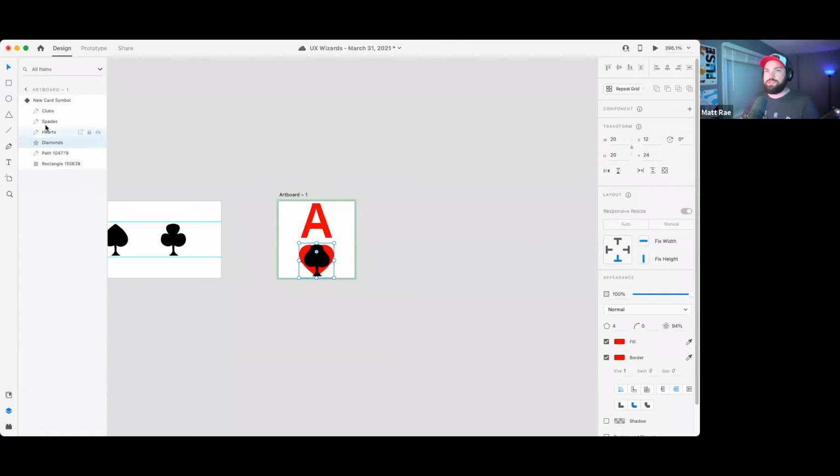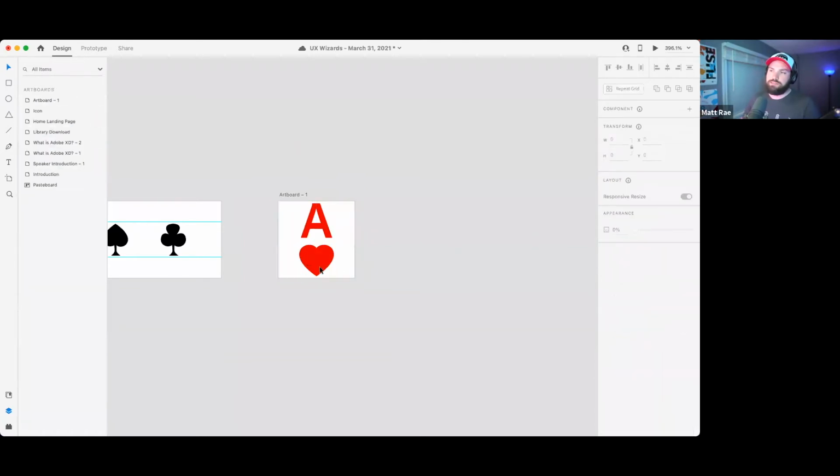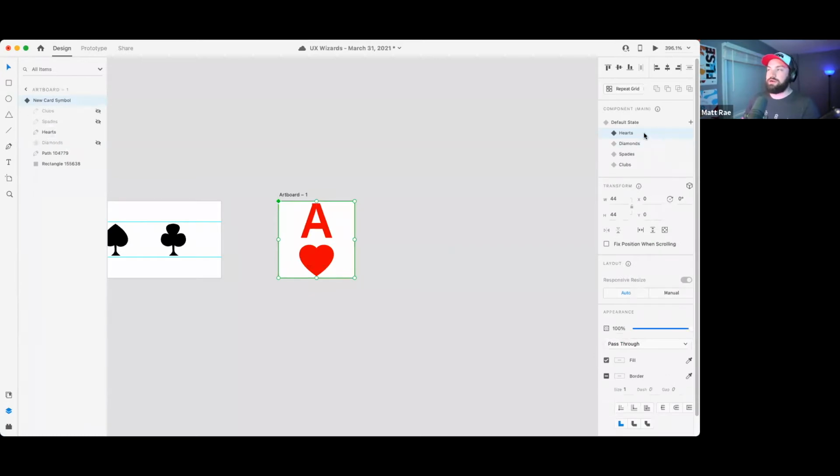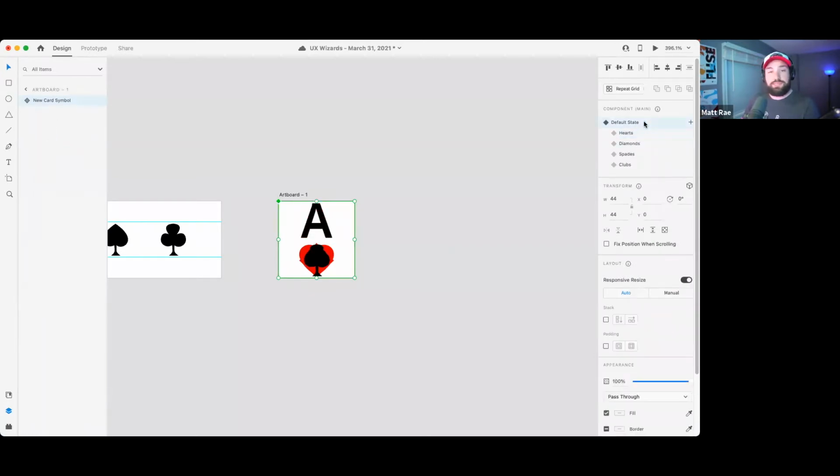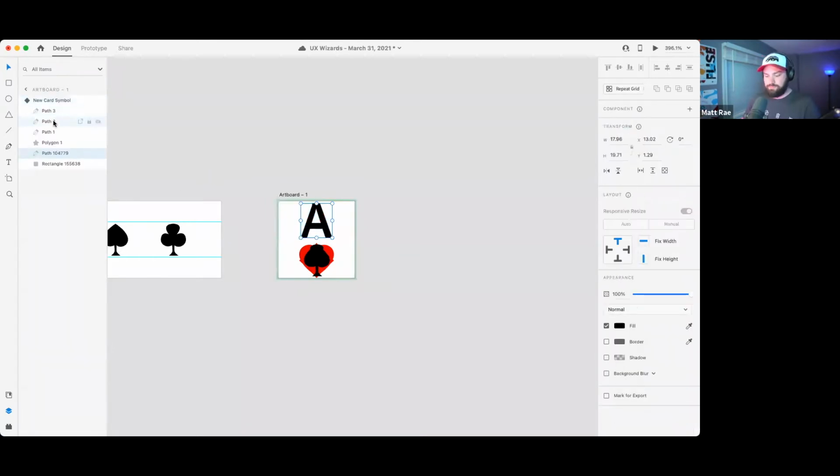Diamonds. So now I know I want to hide everything but hearts to get to this. So now you can see on hearts, it looks like this. Default state still looks like that. Now I can basically repeat the process